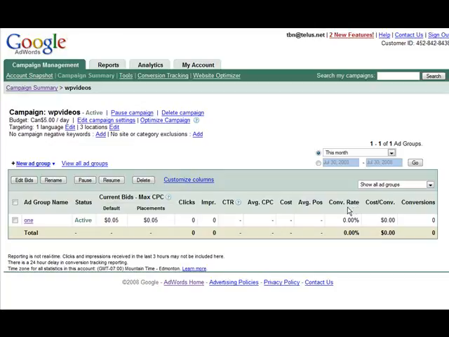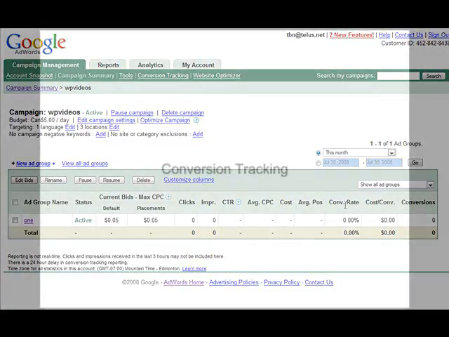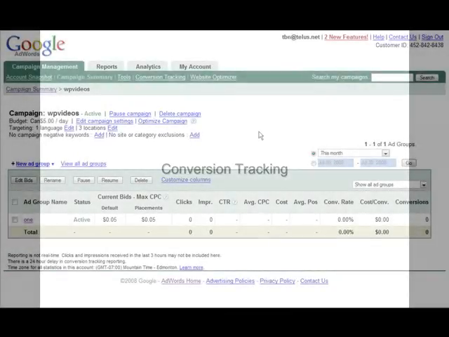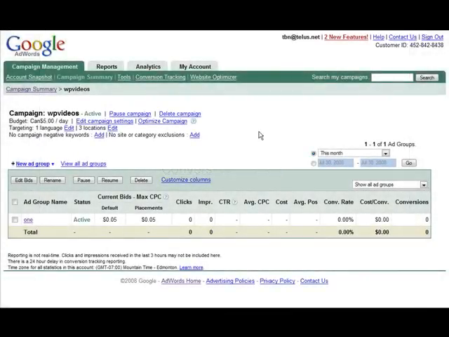Now one other thing we should look at is conversion tracking, because conversion tracking gives you a better idea of how your campaigns are performing. To do that, you need to turn conversion tracking on. So let's go through how to do that. Now the real test of how a campaign is performing is not the number of impressions or the number of clicks, but it is the cost per conversion. And Google can calculate all of this for you